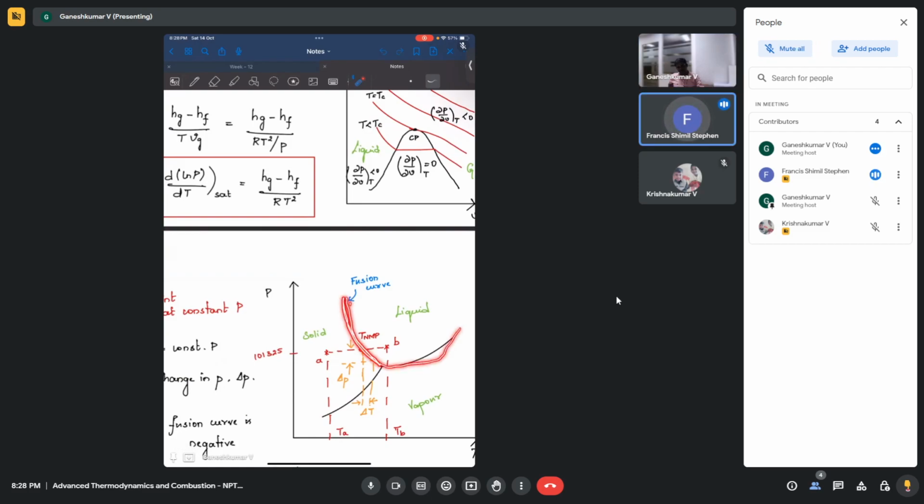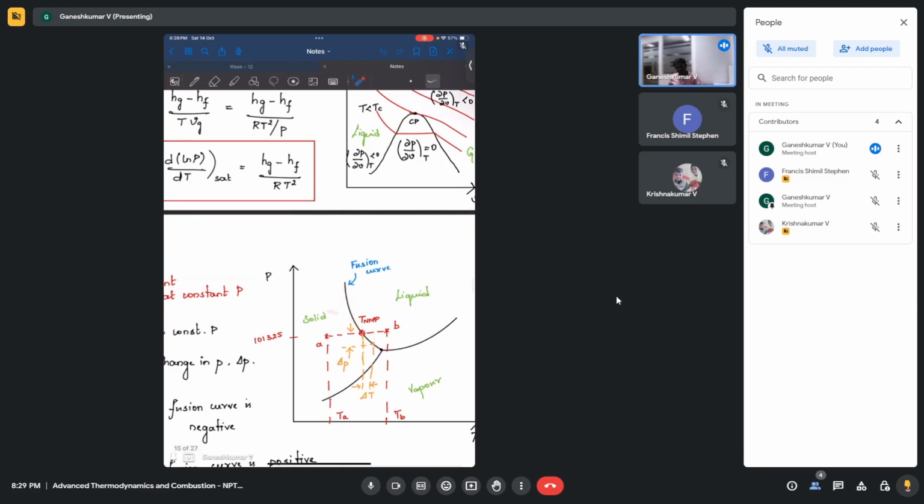Okay, sir. So it will be the line here. Right. Let's say if you select a temperature, let's say this is the temperature. During phase change there is a volume change, so volume will increase, but the pressure and temperature remain constant. So in a PT curve, it's just a point for that temperature. Now you are increasing the temperature, so the pressure also increases. So it draws a line, and all this happens at this curve, the fusion curve.